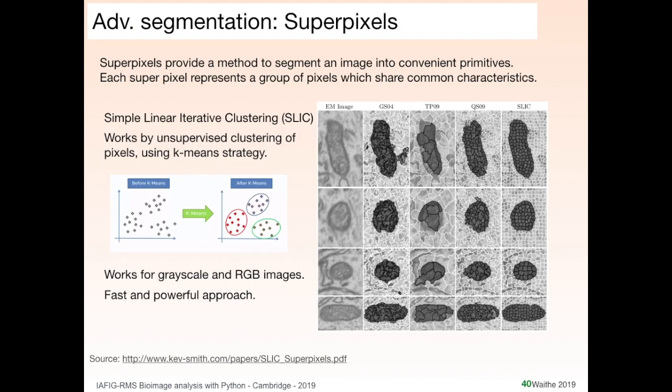Okay, so here is another advanced segmentation method. This is Superpixels, and this works very well on, for example, EM data, which we've got here. This approach is an unsupervised clustering approach. So we basically disperse cluster centers across our image, and then in each cluster center we try and recruit those pixels which are near to those cluster centers, but are also similar in terms of intensity. Okay, so it clusters spatially and in terms of intensity, and what this allows it to do is basically break up your image into nice